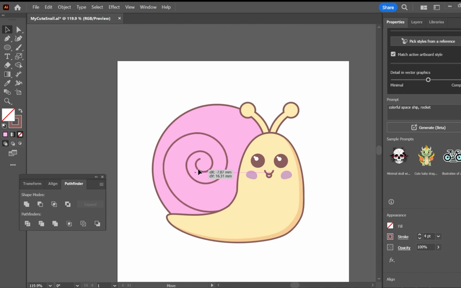You can also adjust the parts of the spiral by clicking on the direct select tool, and you can see those points then, so you can click on them and drag them around to make it look a little bit more playful, a bit less perfect.